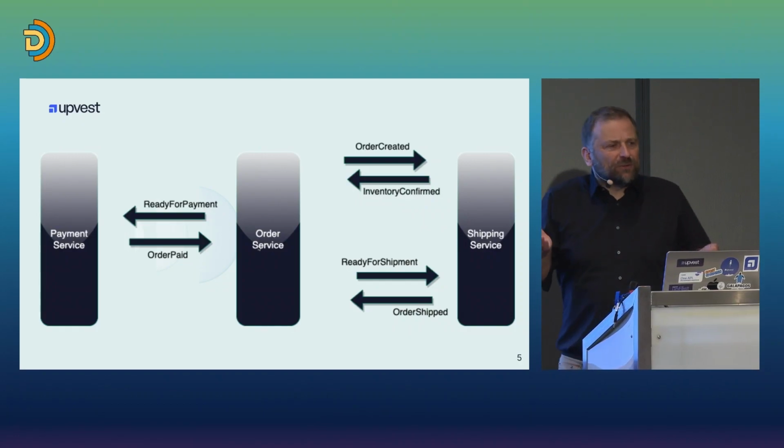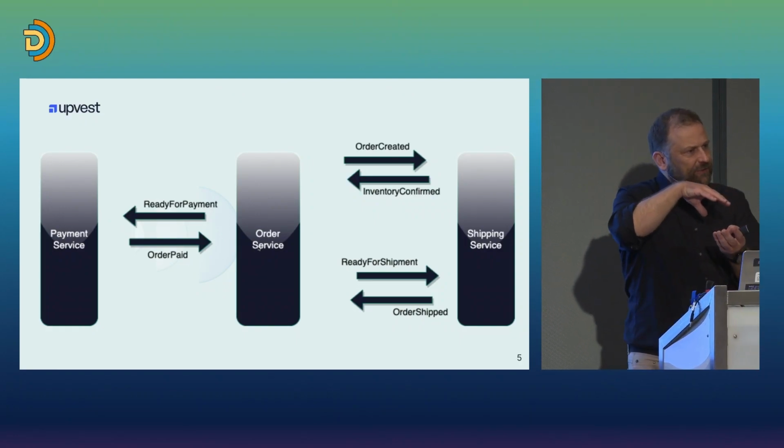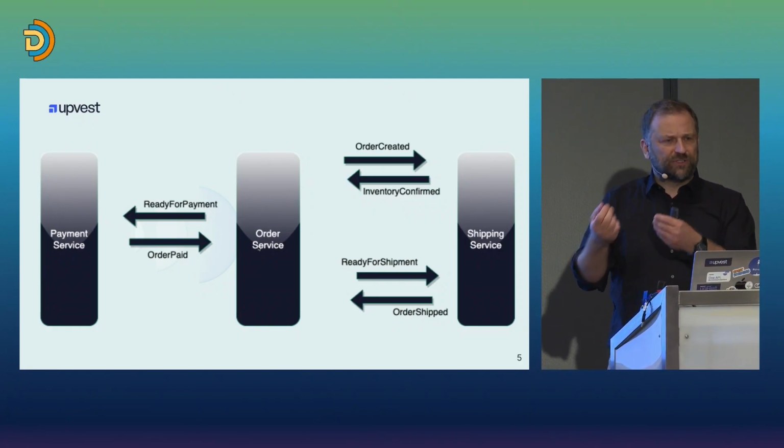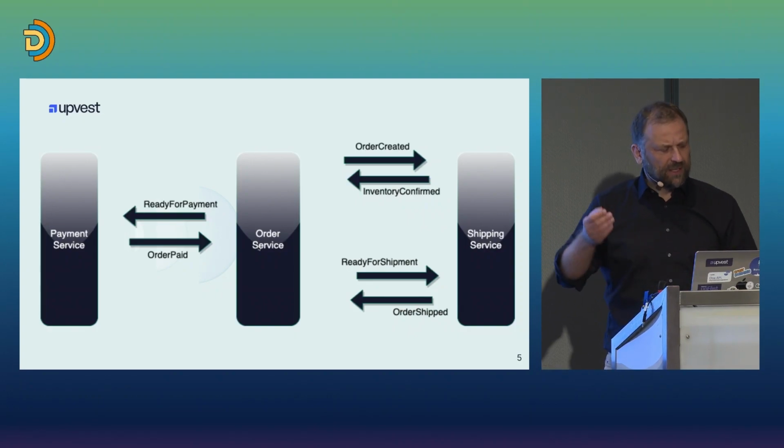Now, this might not be what you want, right? This puts a lot of technical stuff into the order service. It might have to deal with timeouts, and process changes will now affect the order service. Maybe they shouldn't. Maybe it should just accept the orders and then move on from there. So one thing you could do is extract this workflow stuff, right?